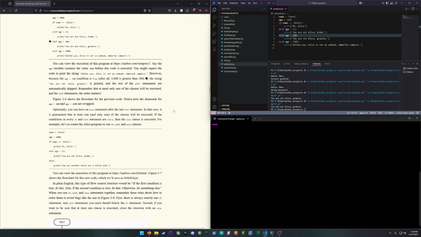Optionally, you can have an else statement after the last elif statement. In that case, it is guaranteed that at least one and only one of the clauses will be executed. If the conditions in every if and elif statement are false, then the else clause is executed. For example, let's recreate the Alice program to use if, elif, and else clauses. So we're going to go ahead and